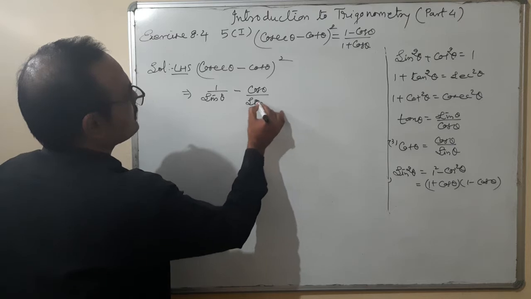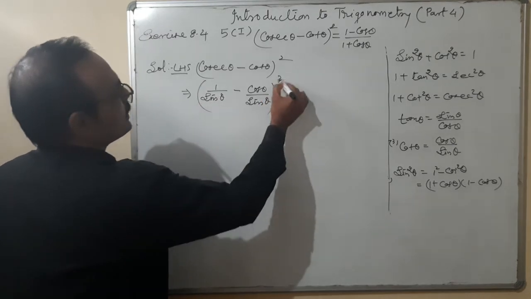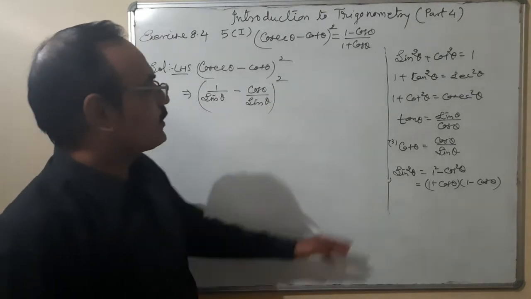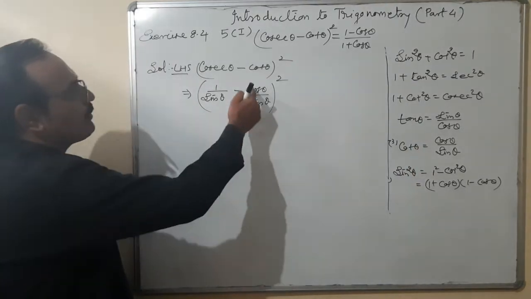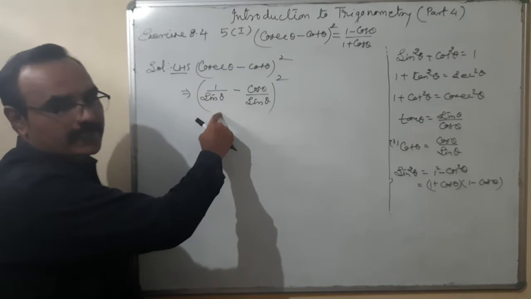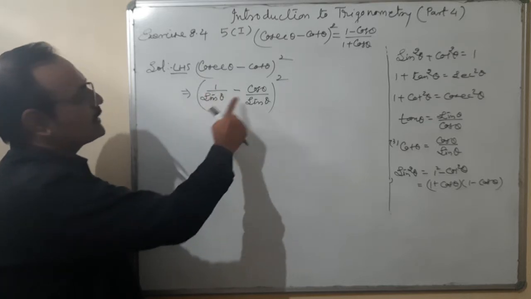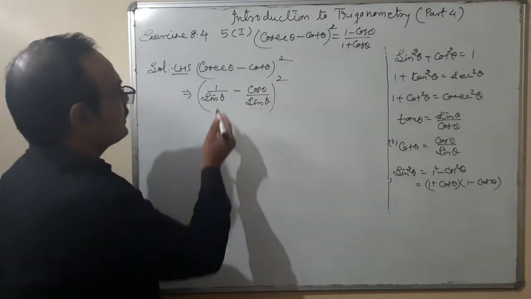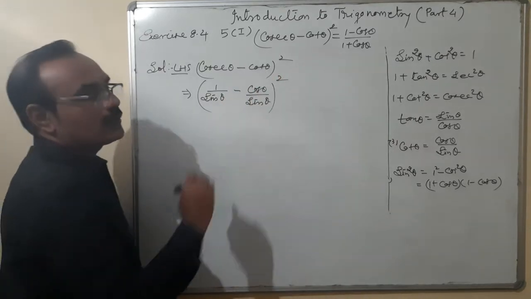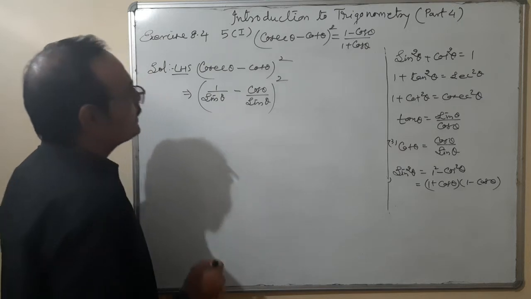Cos theta upon sine theta. Now one question in your mind may be: why is the cot not written in the form of 1 upon tan? Because if I write 1 upon tan here, I think it's very difficult to take the LCM. Here you can see 1 upon sine, that is cos upon sine. So this term is easily calculable. Therefore, I have converted cot into the form of cos upon sine rather than 1 upon tan.